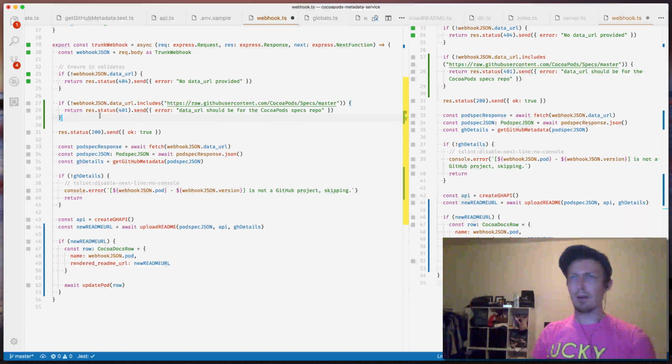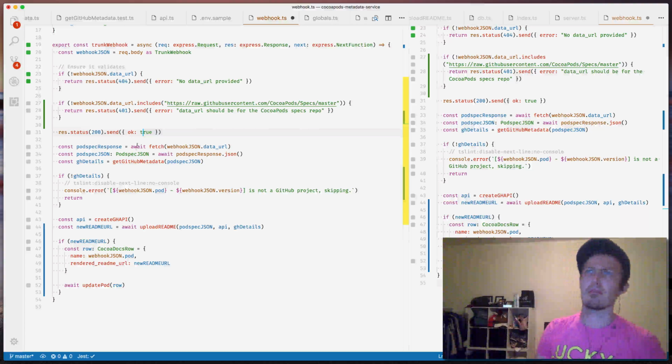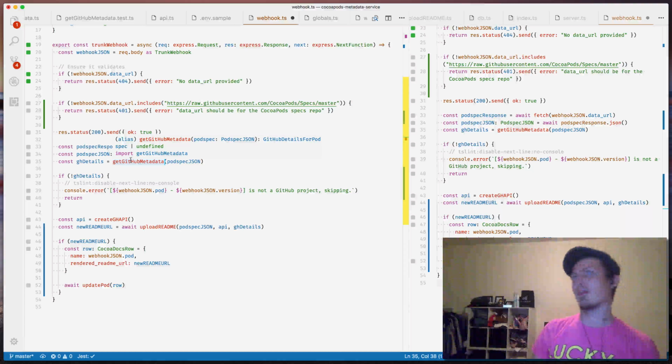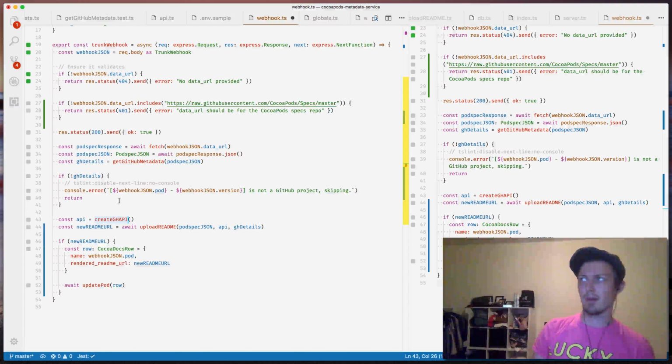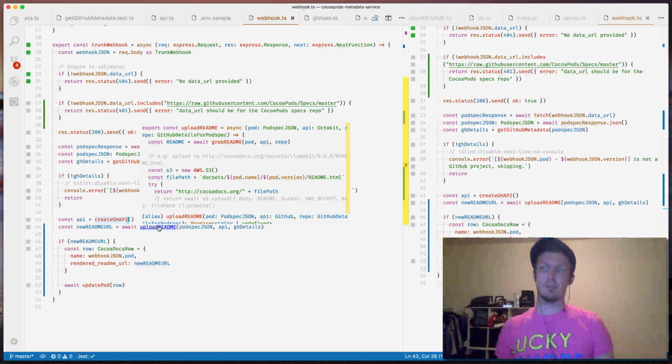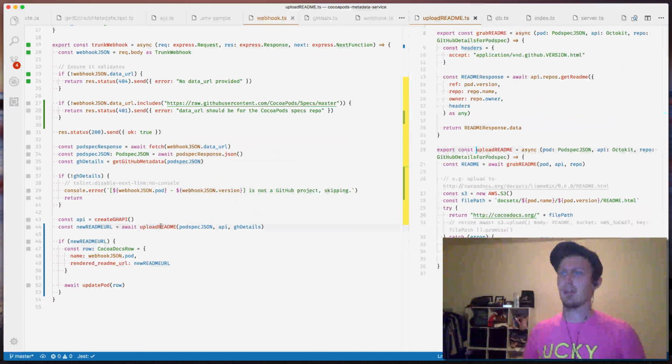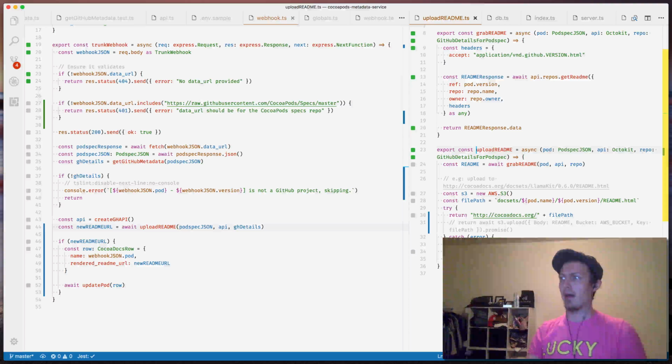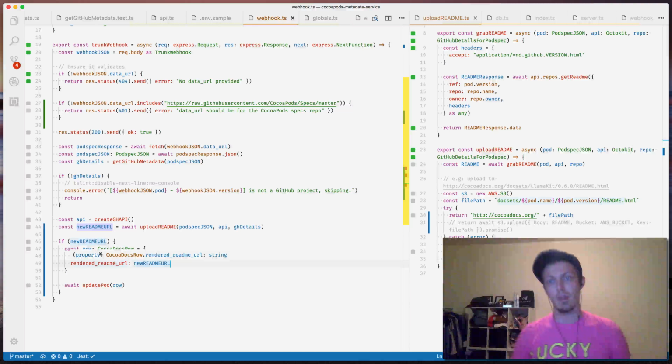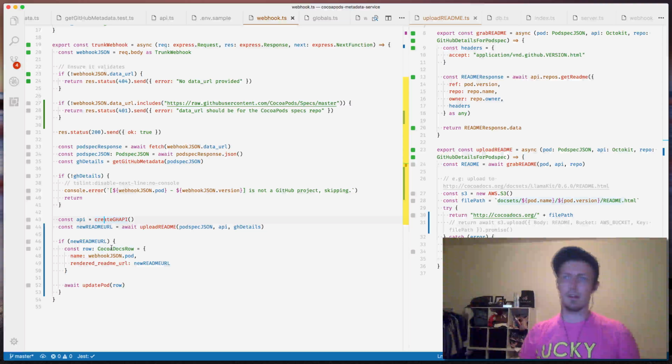okay, we have it pull the data, get the JSON out of it, then it pulls the GitHub metadata out of the pod spec. If there's no GitHub details, then it just continues. Otherwise, we create a GitHub API using the REST kit for Node, and we upload the README. So that should send it off up to S3. Yep. And it will return the string of where this actually exists, which it doesn't do yet, but will do in the future. And then it generates a CocoaDocs row and passes that into update pod, which is not a